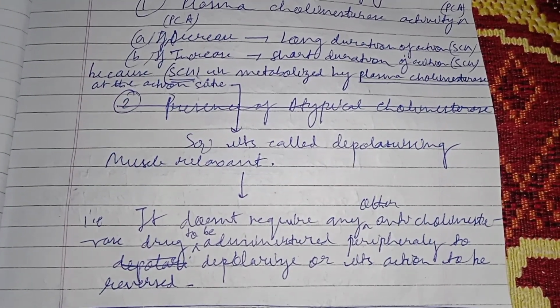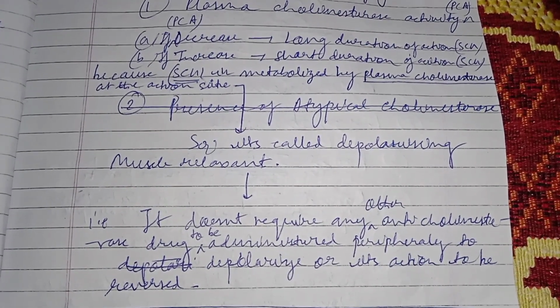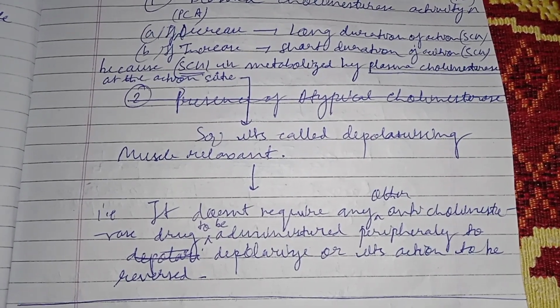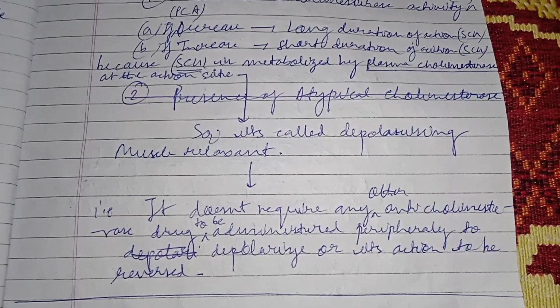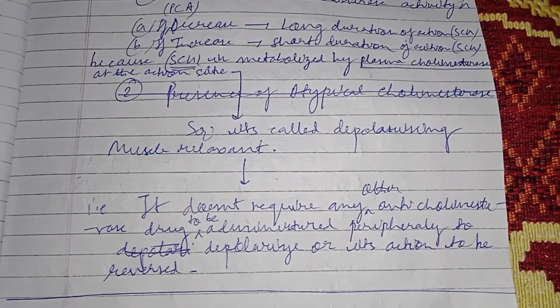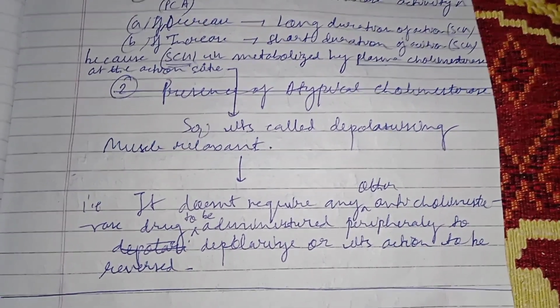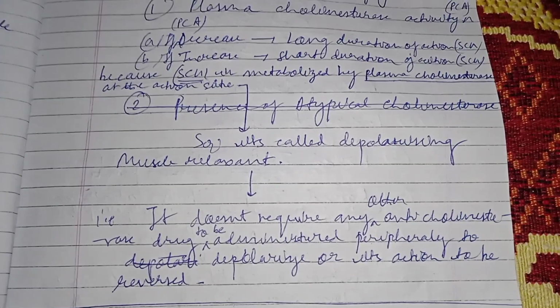Because succinylcholine is metabolized by the plasma cholinesterase at the action site, it is called the depolarizing muscle relaxant. That is, it doesn't require any other anticholinesterase drug to be administered peripherally for its action to be reversed. I repeat, if there is decrease in the